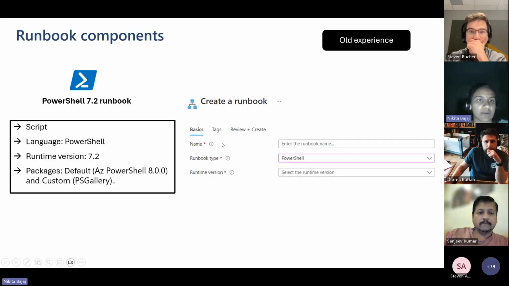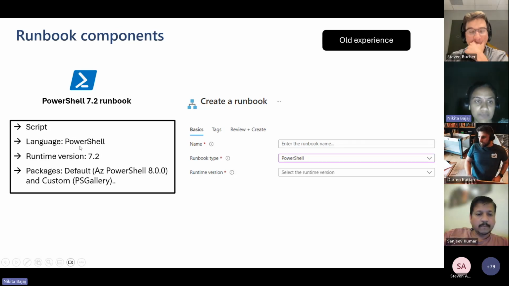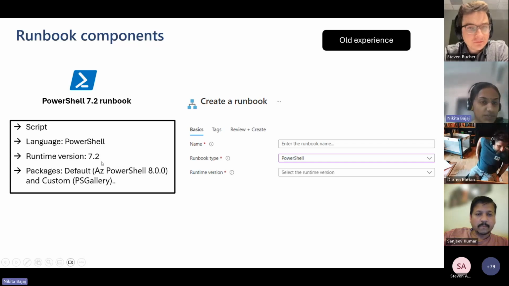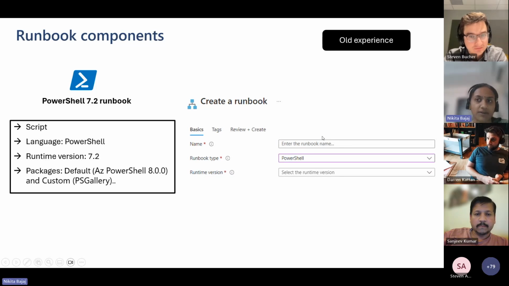Okay, so the components of the PowerShell 7.2 runbook are actually the script, that's the script code, the language, that's PowerShell, the runtime version, that's 7.2, and the packages that were required during the job execution. Now, this was the old experience, which was hampering the upgrade of runbooks to